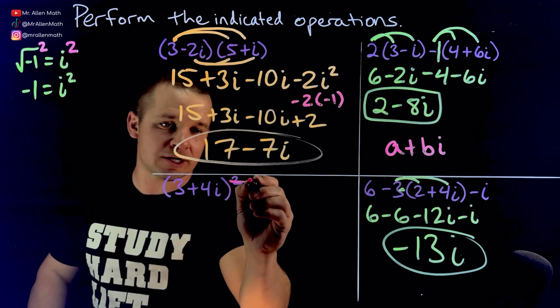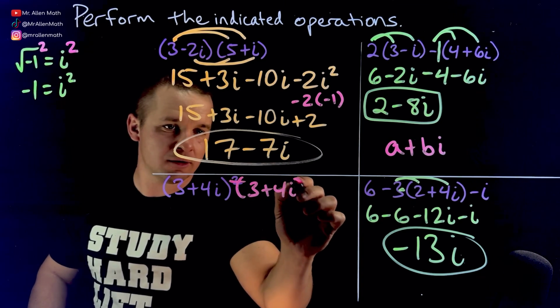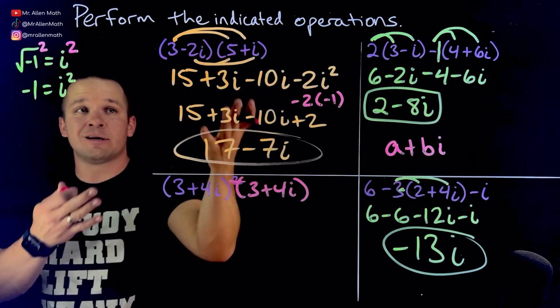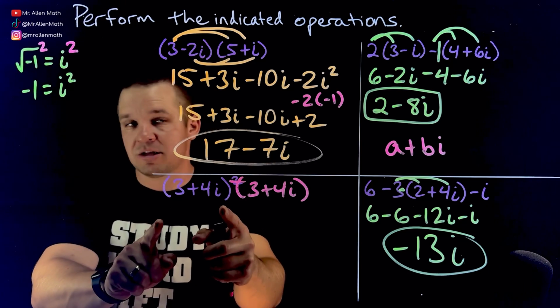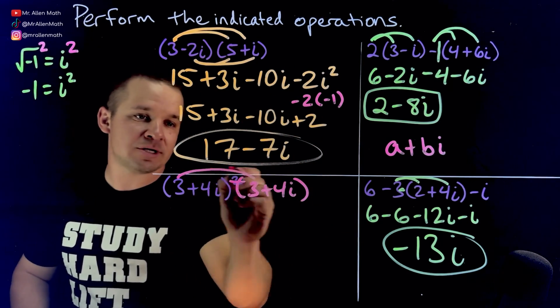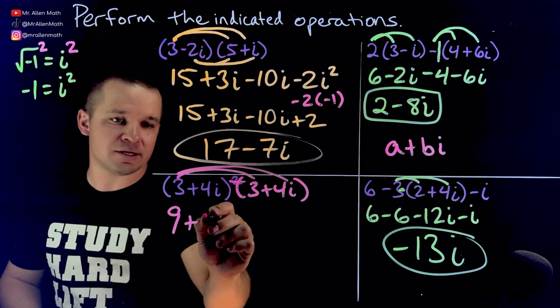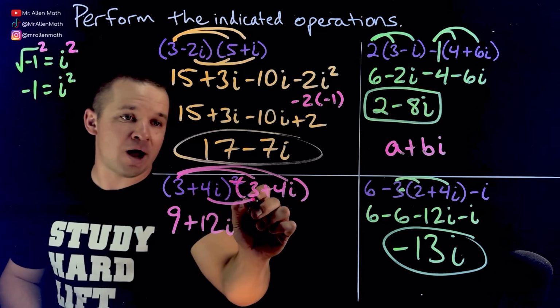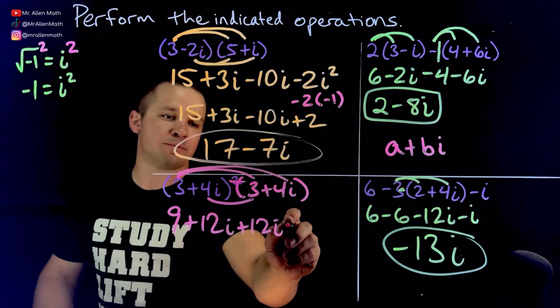I usually like to do this. I just get rid of that guy, and I write 3 plus 4i all over again. And now I think about it as distribution, just like that one, right? I took a problem that I wasn't sure I know how to do, changed it into one I just did, and now I can do the math. So I got 3 times 3, that's 9. 3 times 4i, that's +12i. 4i times 3 is +12i. And then 4i times 4i is